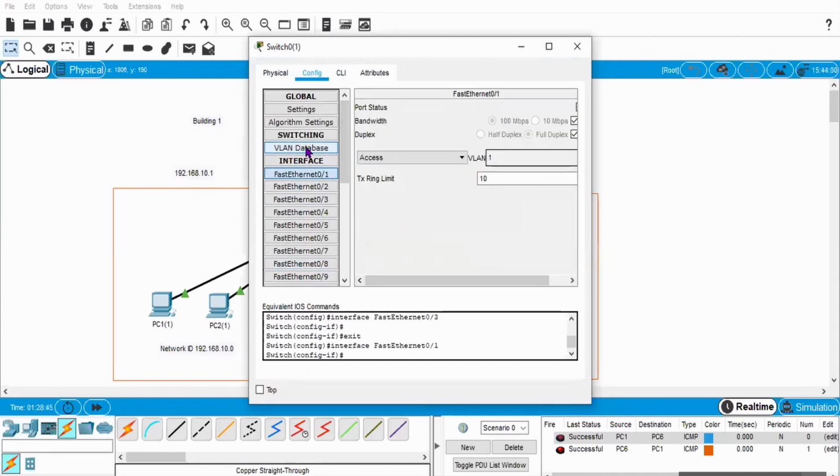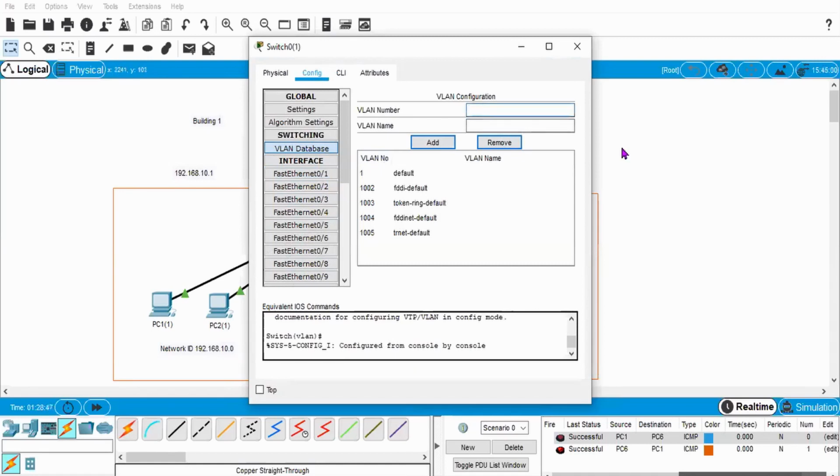So I am creating VLAN number 2 with the name building 1. So I'm creating one VLAN for building 1 and another VLAN for building 2.